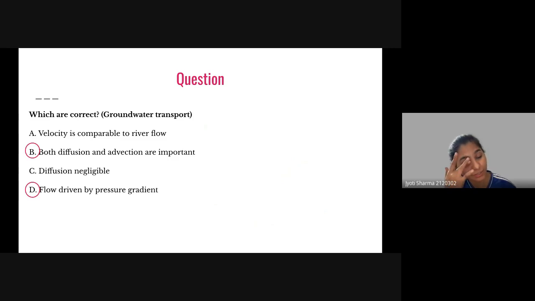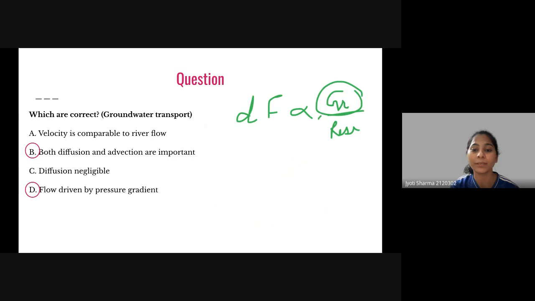Sorry, pressure gradient should not be the right answer, but we do not have much pressure thing in groundwater. But if there is some pressure thing, then obviously, as I told you, we have driving force. That driving force is directly proportional to your concentration, any type of gradient, and then any type of resistance. So that gradient can be due to concentration, maybe due to pressure, maybe due to voltage difference, something. So in case there is any pressure gradient, no doubt in the groundwater we do not have that pressure gradient, but we are extracting water also. So in that case you can also consider there may be pressure gradient at the bottom,